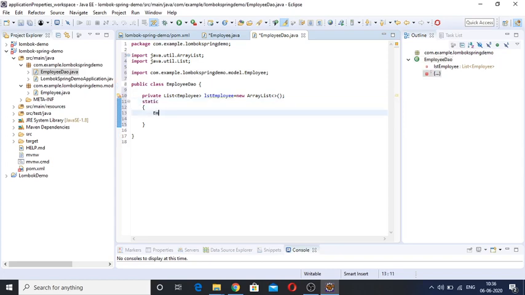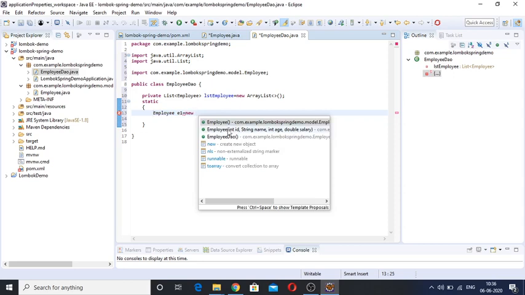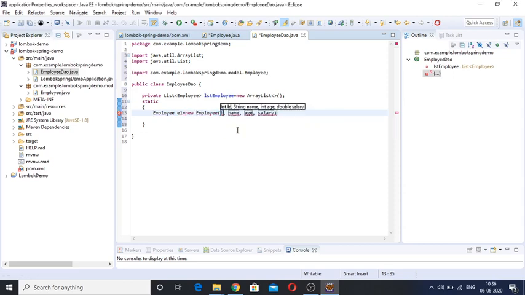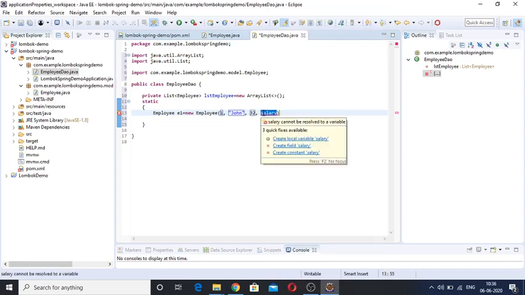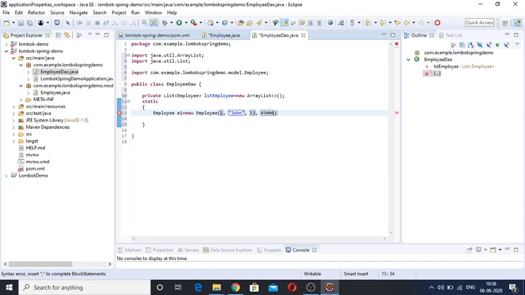I'll use the all-argument constructor, and I'll provide id 1, name John, age 32, salary 45k. In the same way we can have two more employees.